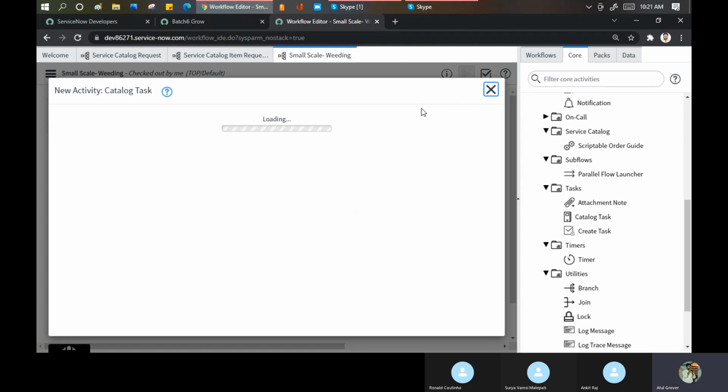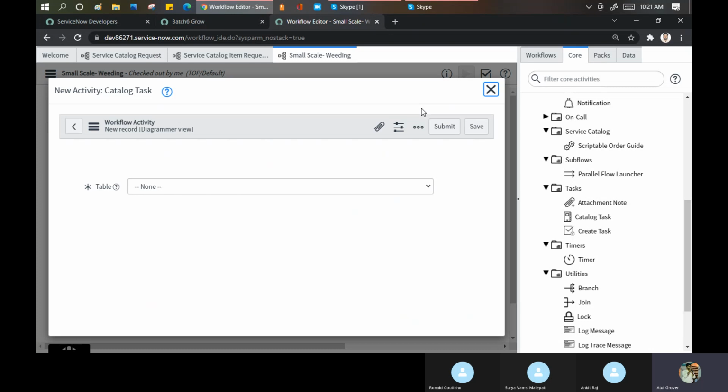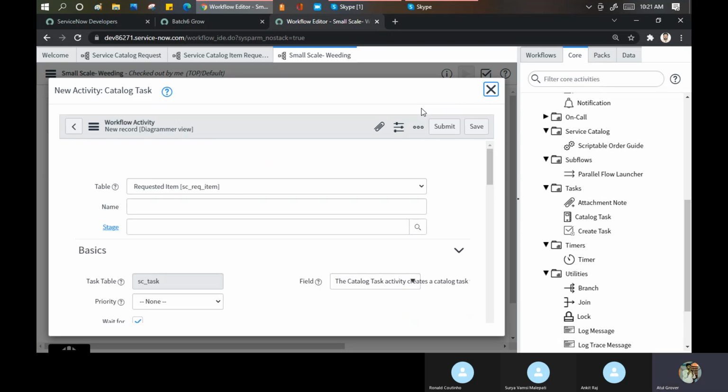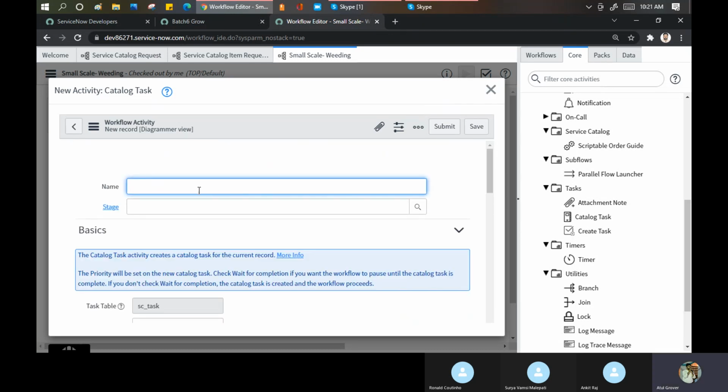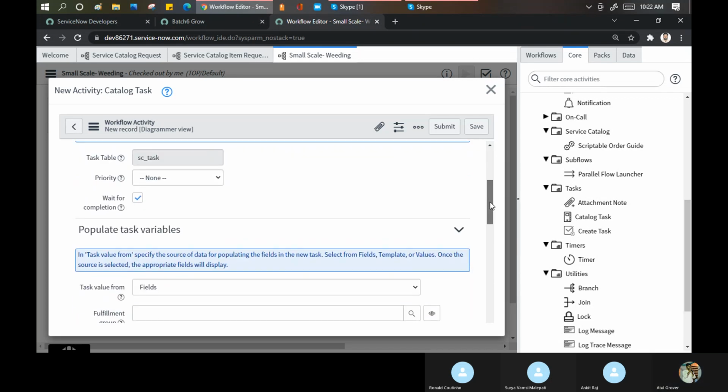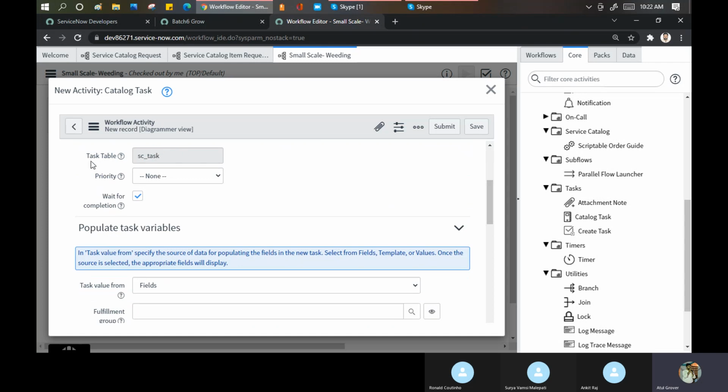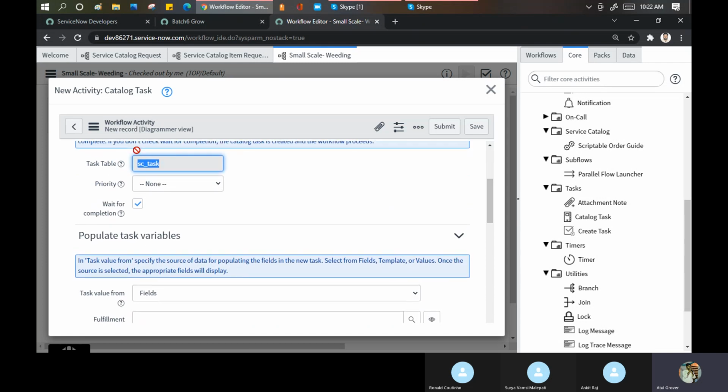If I'm creating a catalog task, it means I need to define everything here. Okay, करते हैं define. It is not the task short description. It is the name of the task. यहाँ पर आ गया. किस टेबल पे बन रहा है? Task टेबल पे बन रहा है.